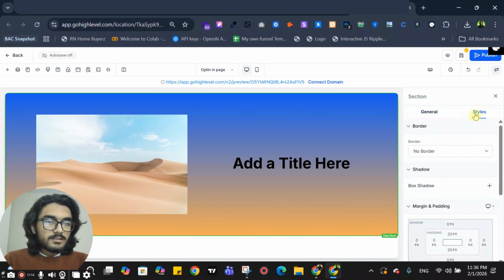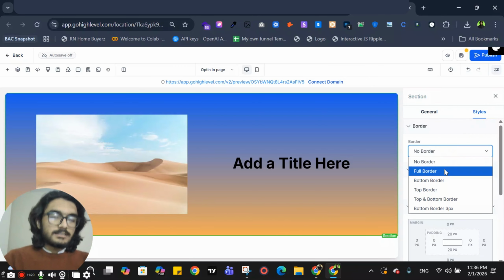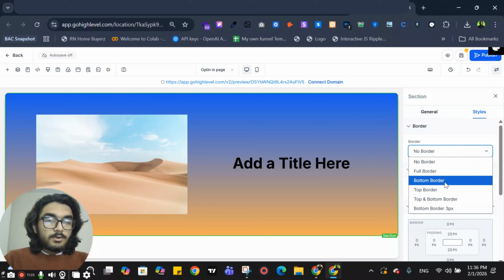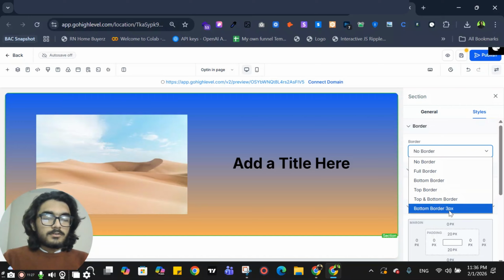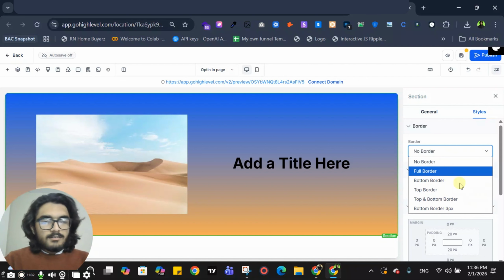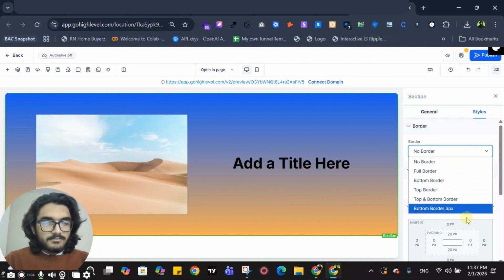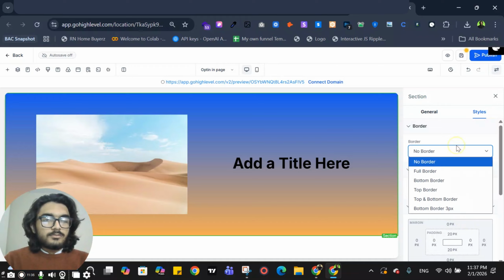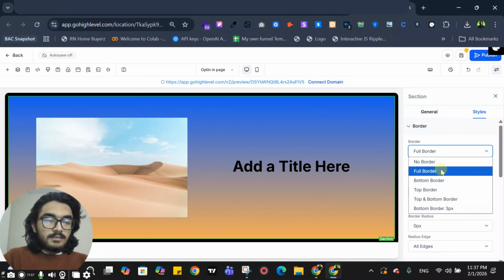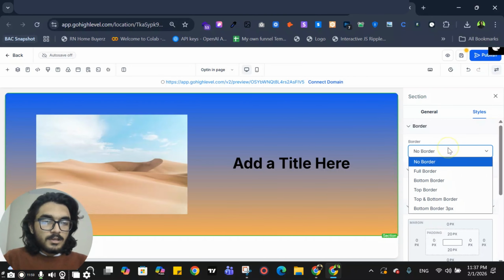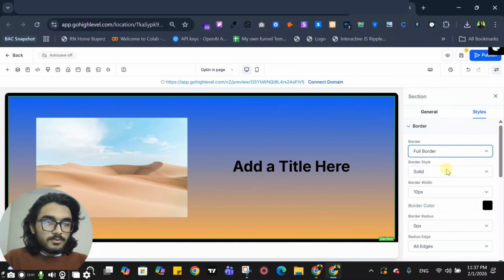Now come to the style options of the section. You have the border: you can add the full border, you can add the bottom border, the top border, or the top and bottom border, 3 pixels. These are all the important things when we are building the funnel live, so we can see each and everything. But now remember that if I select the full border, you can